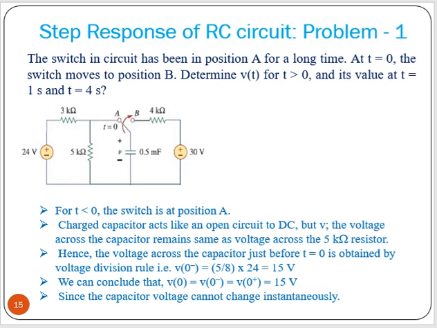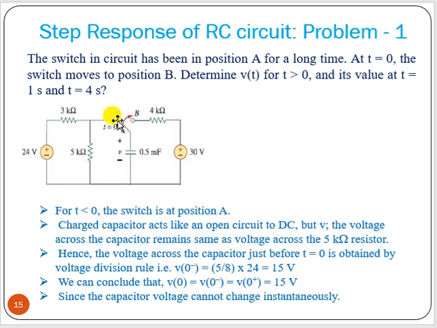Here what it is saying is that we have this circuit, there is a switch which is at a position, okay, before t less than 0. For t less than 0, this is at position A, and at t equal to 0, this goes to B. That's why this arrow is given here. So it moves to B at t equal to 0.